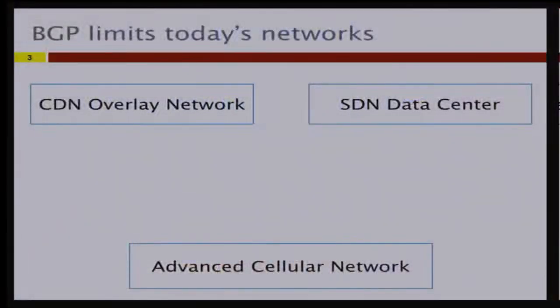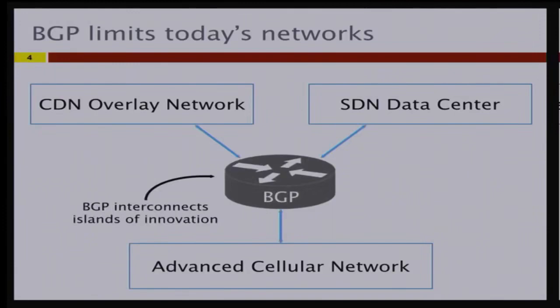Okay, there we go. So there have been enormous changes in networking in recent years. We use the internet now for streaming video and interactive applications. We run many of these applications in advanced data centers, often using software-defined networking. And the rise of mobile has changed how we interact with the internet and also brought it into places that were previously remote and cut off. But all of these islands of innovation are still interconnected by BGP, and BGP has remained essentially unchanged in the 20 years since the founding of NANOG.